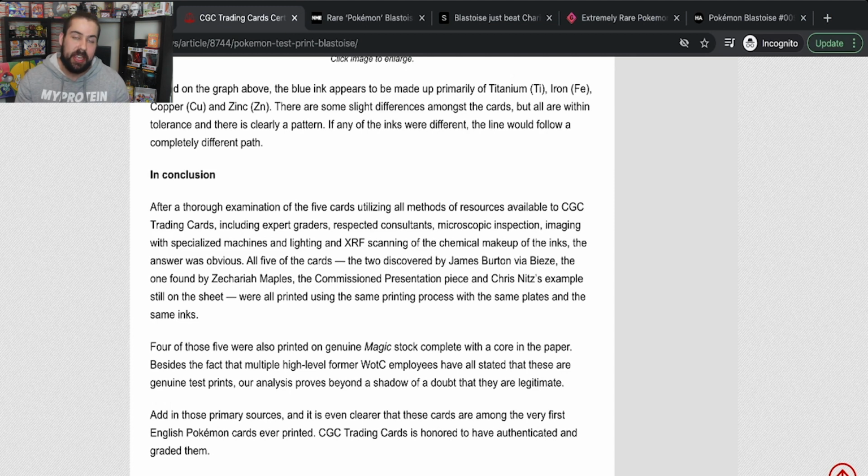Now, CGC graded the cards, but I've heard that PSA and Beckett wouldn't investigate the cards and wouldn't grade them. Why this is, I'm not too sure, but CGC has obviously done the homework, done the research to authenticate that the cards are in fact real. So it's quite funny that this new grading company has actually sold a card that's graded by them, and it's been the highest cash deal Pokemon card to ever sell,